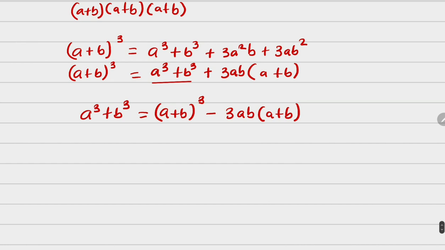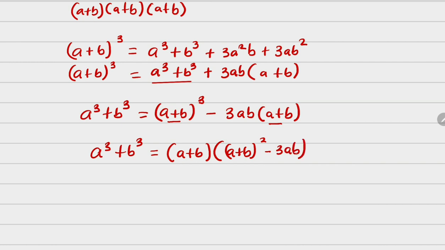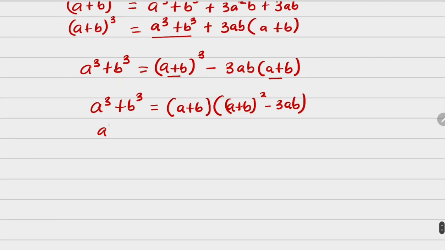All right, so a cube plus b cube will now be equal to, you see this and this are common, so I will bring out a plus b, okay, that is common. This equals a plus b into a plus b all squared minus 3ab. Now this a cube plus b cube will be equal to a plus b, then into this is